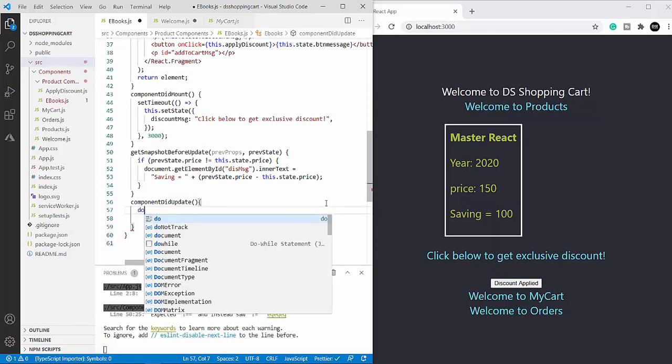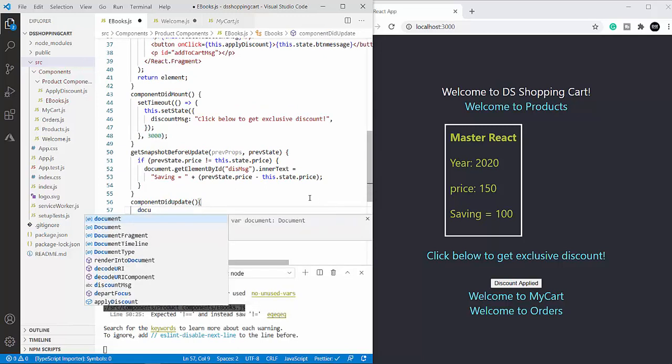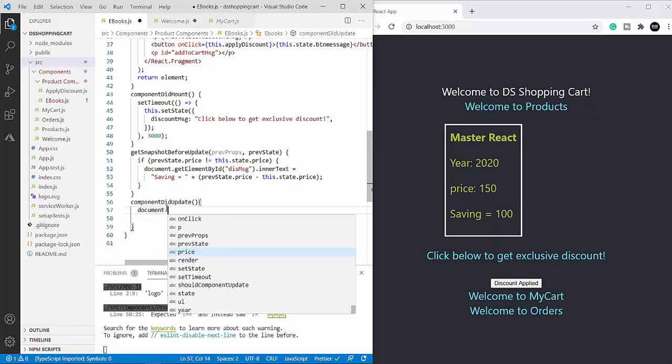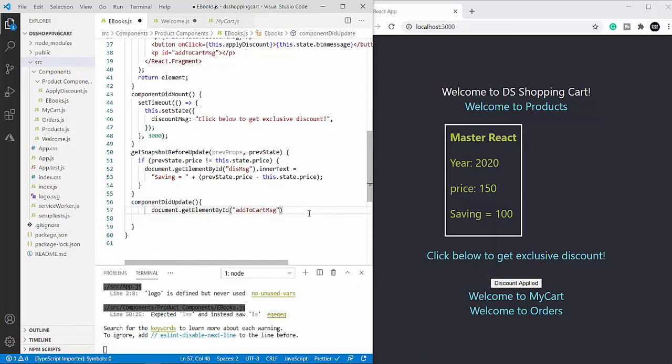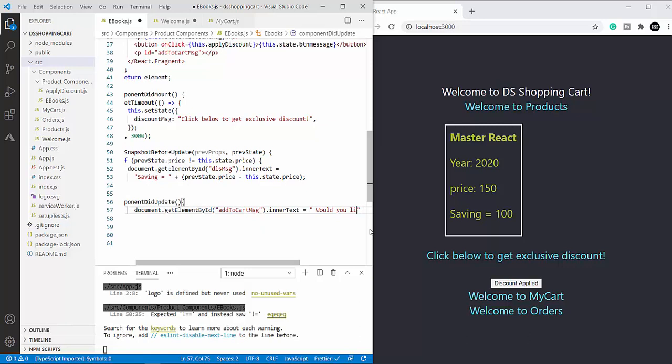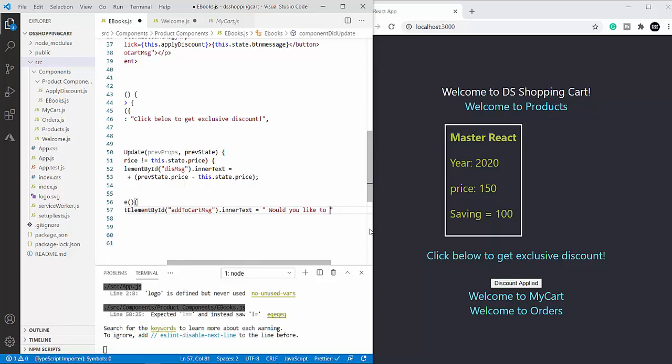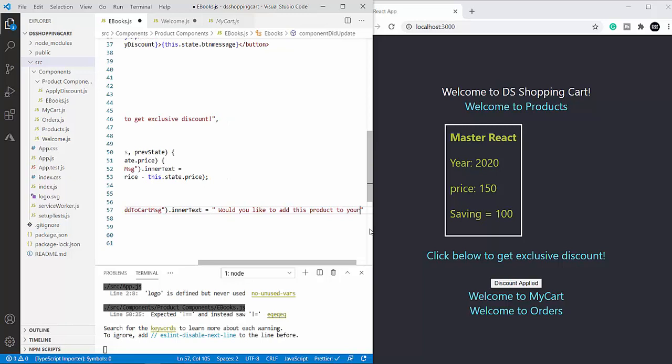Here, I'm going to simply add this message, and I'm going to have this timer also, just as we did in the componentDidMount. So let me first add this document.getElementById dot innerText equal to, would you like to check out, would you like to add this product to your cart?